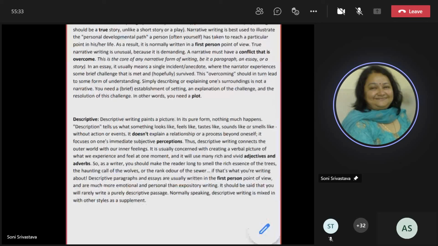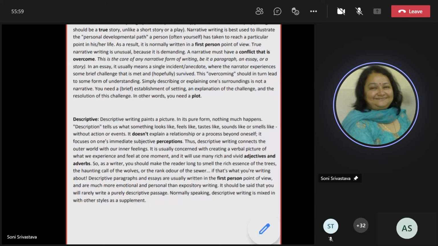Anything, beta? All of you, have you understood a little bit at least? Because once you go through it once again, you will have a clearer picture. But the four things: one is narrative, basically a personal experience of a person or storytelling. Descriptive, basically meaning capturing every detail of a person, place, or scene.